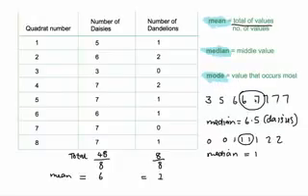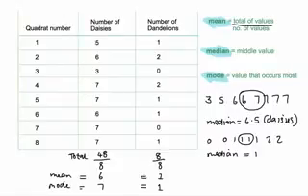And the mode, this is the third thing that we need to know, and the mode just means the value that occurs the most. I tend to remember it by saying mode, sounds a bit like most, so that's the meaning of mode. So for the daisies, the mode, most often occurring value is the 7, and for the dandelions, the most often occurring value is the 1. Okay, so the mode for the dandelions is 1, the mode for the number of daisies is 7, and you need to be able to work with or calculate these values